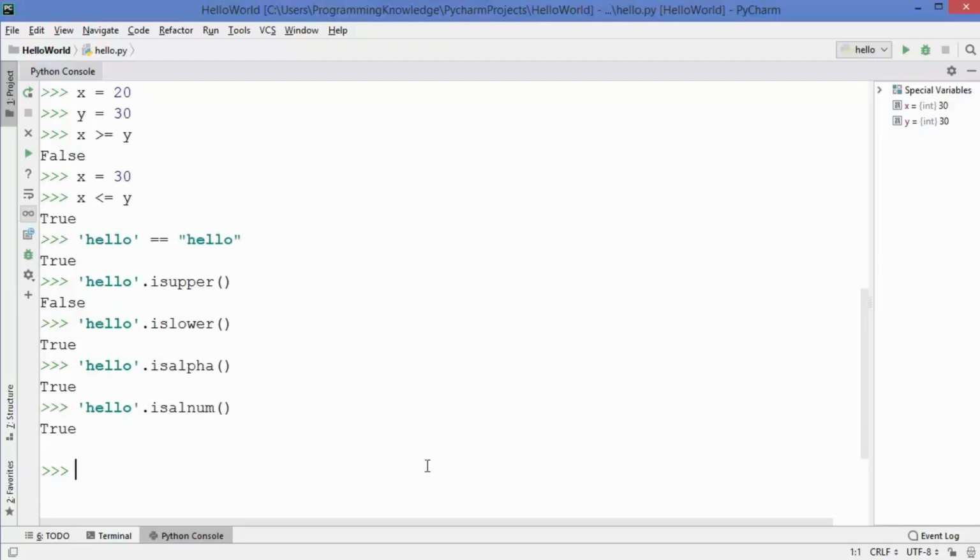Now the next question you may ask is, for example, I want to evaluate two conditions at the same time. Let's say I want to evaluate whether 10 is greater than 9 and I want